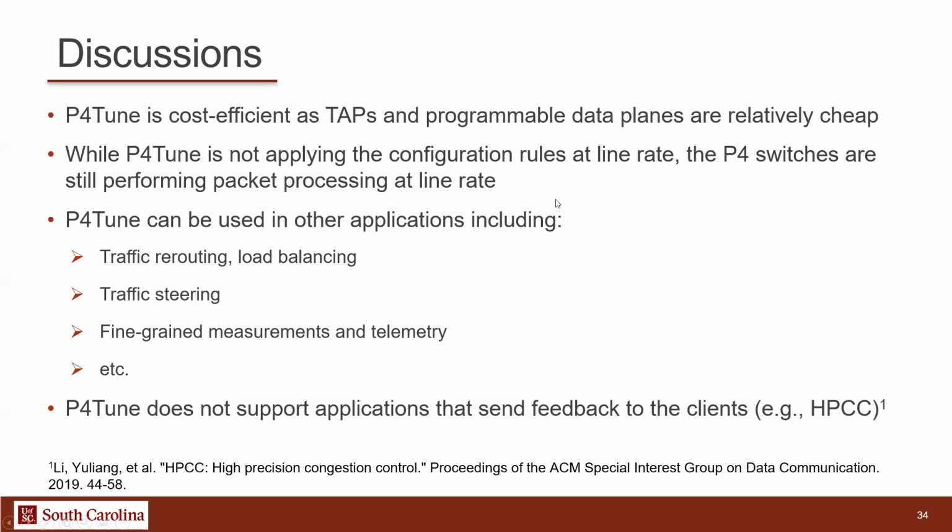We are doing packet processing in the P4 switch at line rate and then immediately modifying the configuration in the legacy device. We've seen that this kind of framework can work in plenty of applications. Some examples: you can do traffic rerouting and load balancing. You can, for example, get the measurements from these links at line rate, and have your optimization algorithm tell you this is how you should separate your traffic.